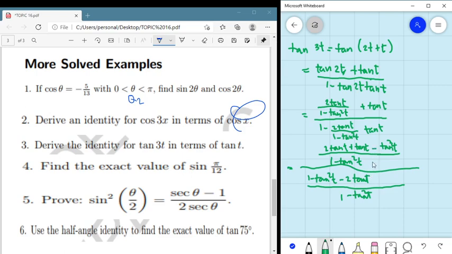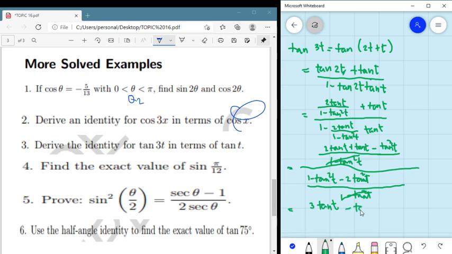Tangent squared T times negative 2. Okay? Then, I will simplify the numerator. It cancels, same already. That gives 3 tangent T